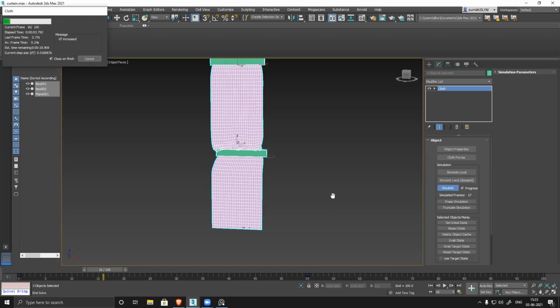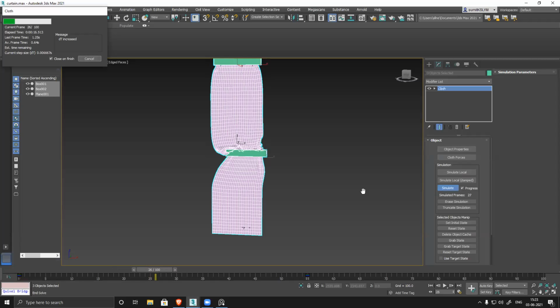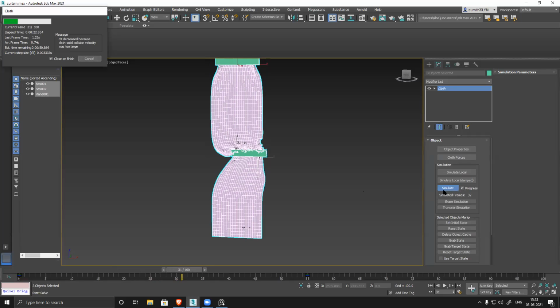Okay, I guess this is happening because you're clicking on this one, simulate local. Sir, when I did simulate local, it was showing some error. And afterwards, when I clicked on simulate, this weird outcome is coming.